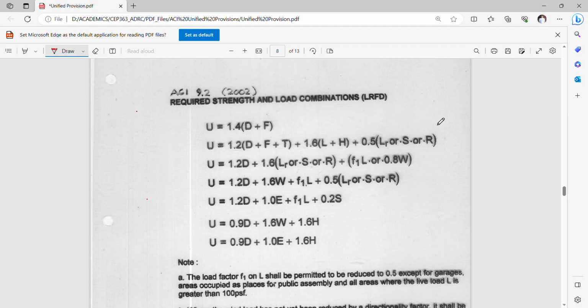As soon as the LRFD load combinations were introduced in steel design, the American Concrete Institute thought of phasing out the strength reduction factor plus the load combinations in the concrete design. So what happened is they want both steel design and concrete design perhaps to use the